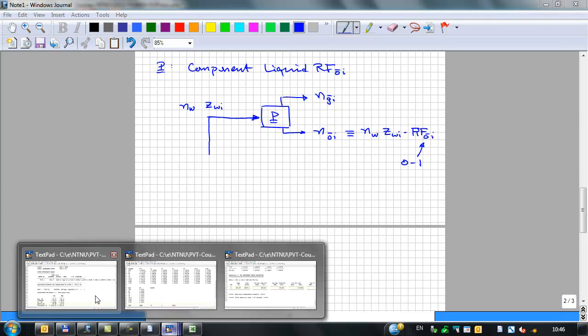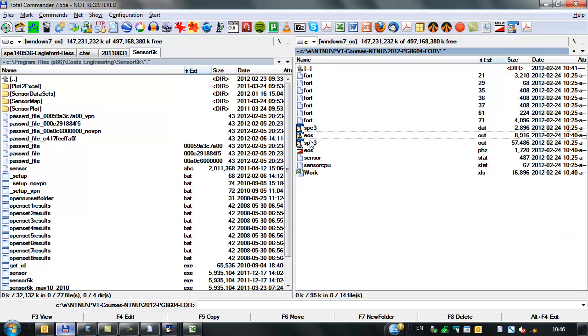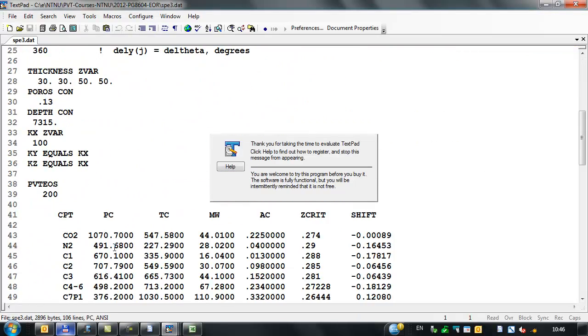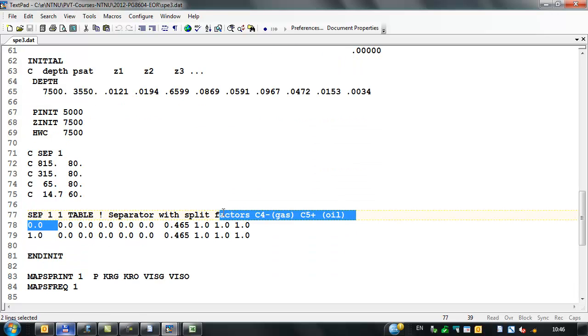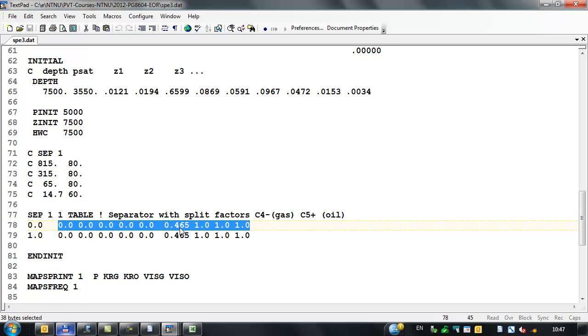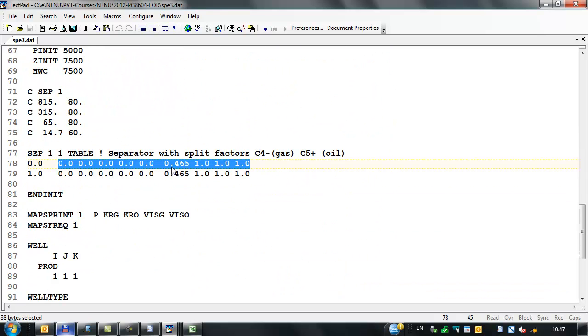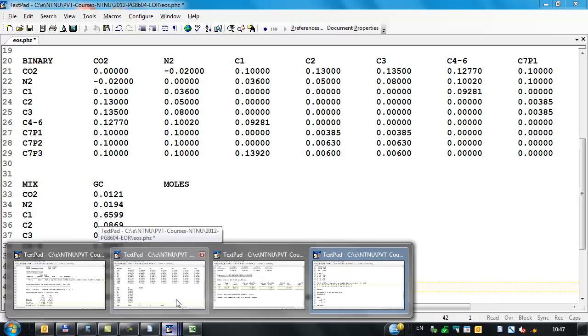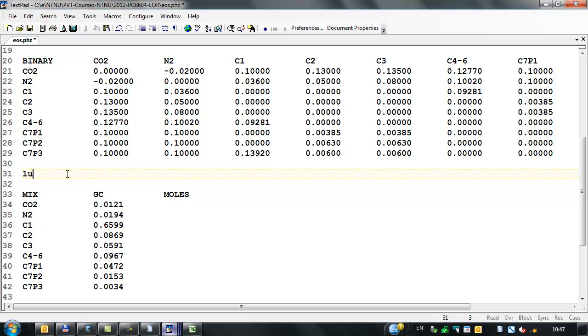And those factors are defined in the input data set of sensor, which we'll open up again here. These numbers here. So it's 0 for all the components until C4 to C6. And of the C4 to C6 component, 46.5% is going to go into the surface oil. Okay? So we can define in our phase comp file, somewhere if we can find it here, a lump. We're just going to call it gas, or surface gas maybe. Maybe gas will be misunderstood. Surface gas. That will be all of CO2, nitrogen, C1, C2, C3, and